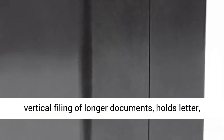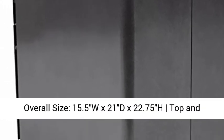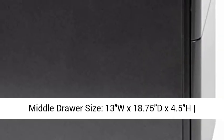Product measurements: overall size 15.5W x 21D x 22.75H. Top and middle drawer size 13W x 18.75D x 4.5H. Bottom drawer size 13W x 18.75D x